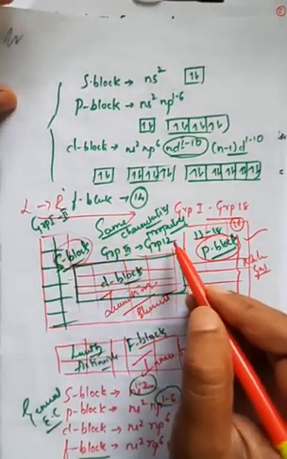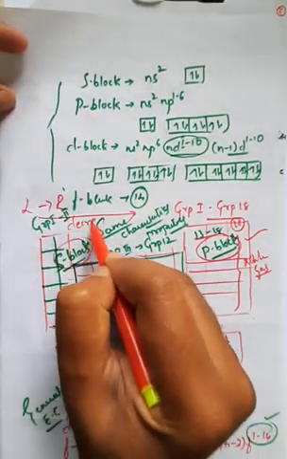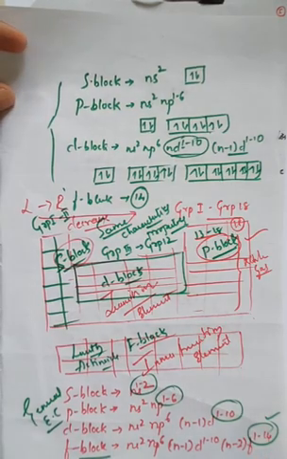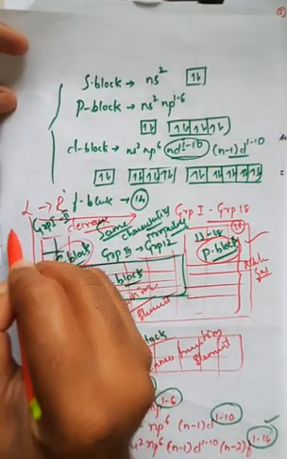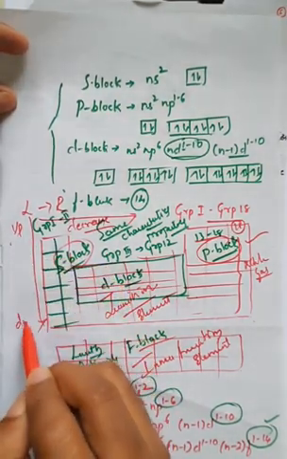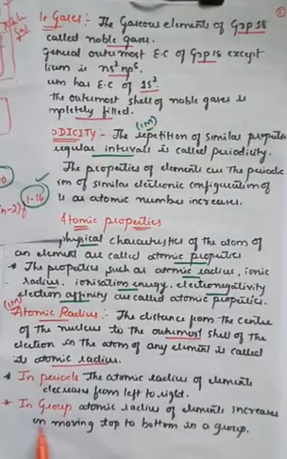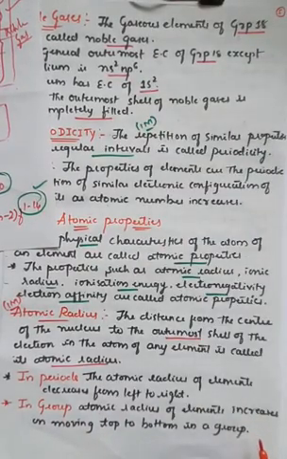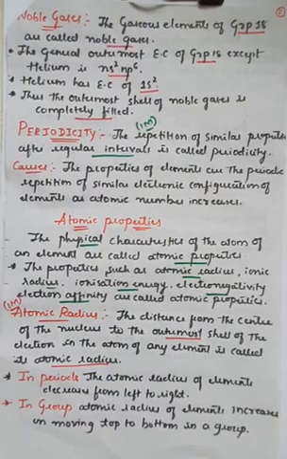The atomic radius goes on decreasing, right? But when you come from up to down, that means in the case of groups, what happens? The atomic radius increases moving from top to bottom, right? So here if you observe,